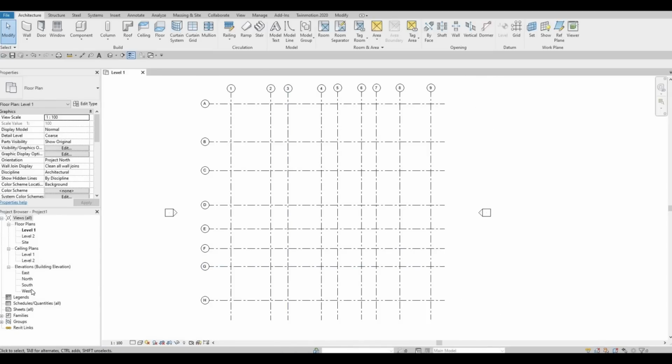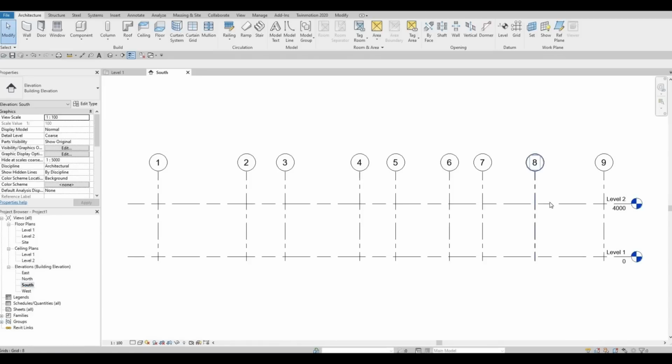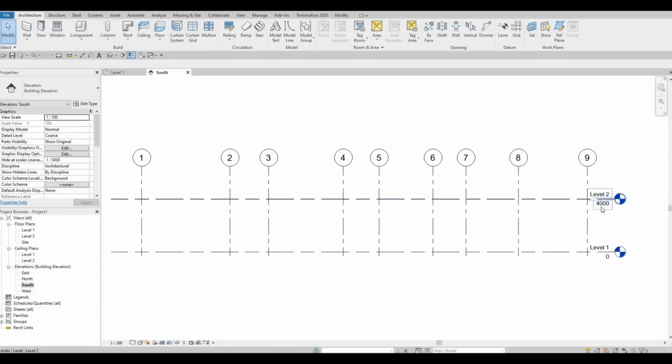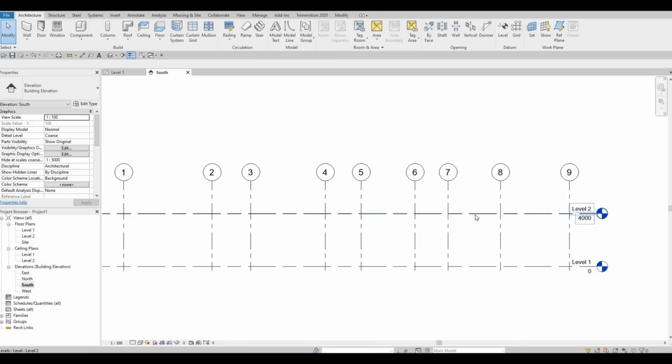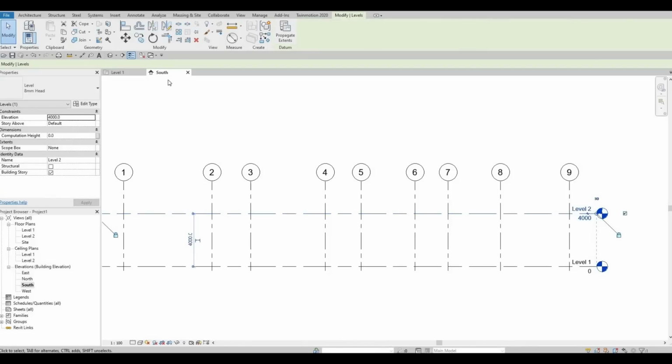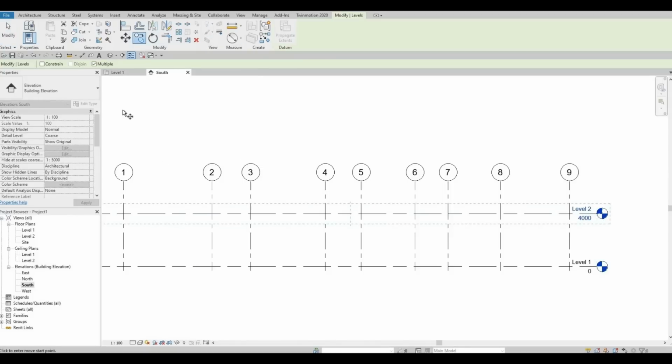Now let's go to our south elevation. We're going to leave 4000 for the first floor. I'm going to select this and copy, so CO, and then make sure multiple is checked. Select the grid line again, or the level. And for this one,